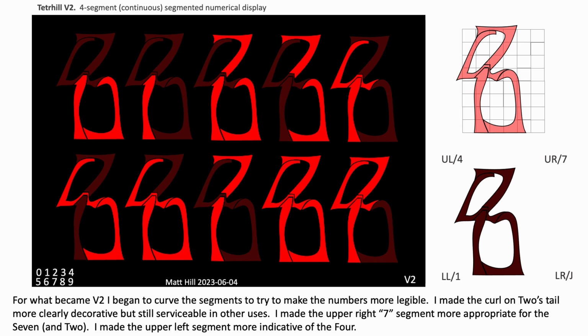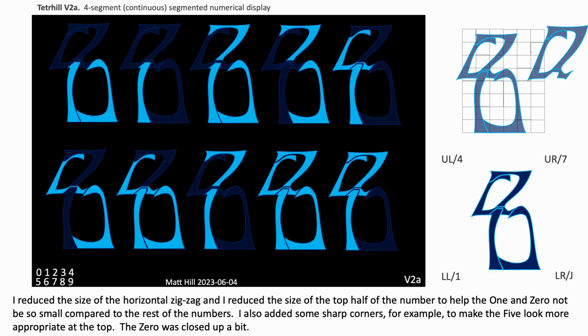And I was also reducing gaps, and also trying to make the curl on the 2 again look more like a flourish, so it didn't look so strange. And I made the upper segment of the 4 have a little more of a sharper angle to make it look more like a 4. So things were getting better. That's why I named this version 2.